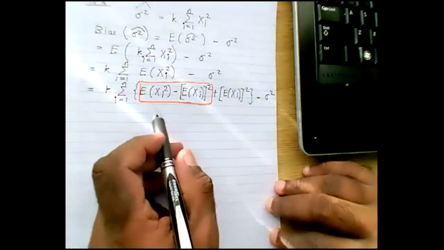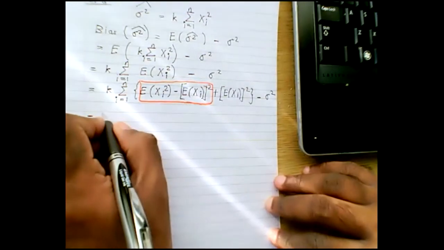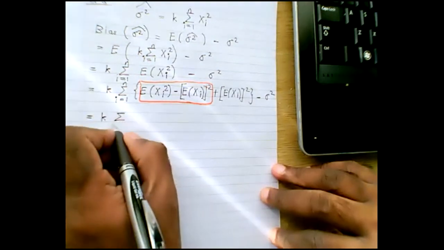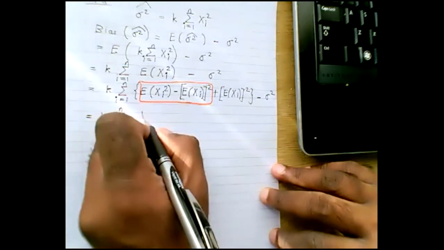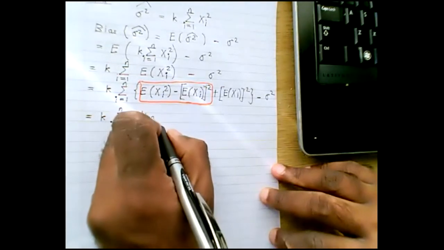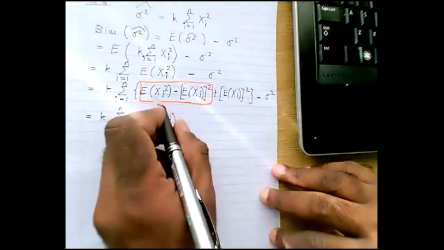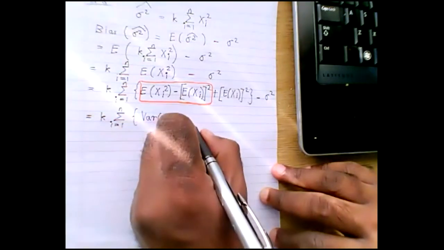This minus this should be something familiar to you. Yes, you're right, Sophie. This is equal to the variance of xi. This minus this is the variance of xi. So what you have is,